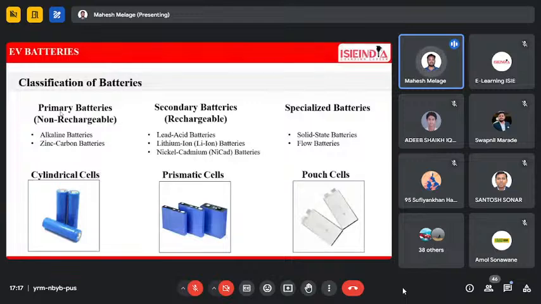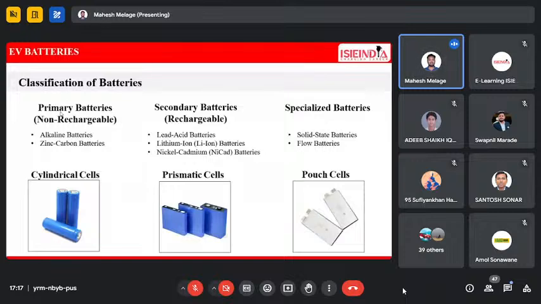The chemistries used in primary batteries are alkaline batteries and zinc carbon batteries. Next is the secondary battery. The secondary battery is a rechargeable battery. Rechargeable means once they are used, you can charge them and use them again. It is a simultaneous discharge, charge, again charge, again discharge. This is a cycle. The chemistries we can use are lead acid batteries, lithium iron batteries, nickel cobalt